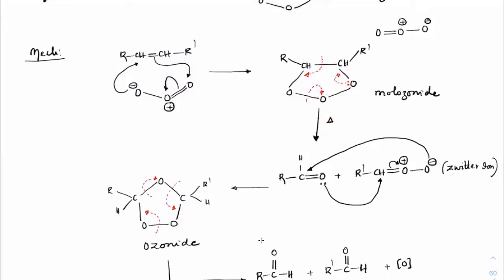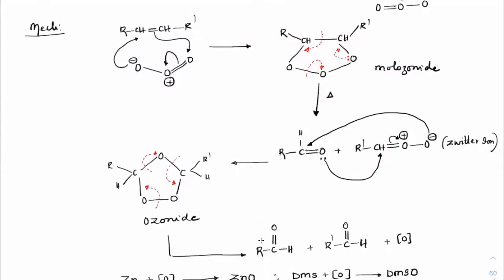Now, one very important thing that you need to note here is this breaking which I have done. I could have done the other side also, no? I only made it on this side, correct? If I make the break on the other side, I might get different products. Okay, students? If I break it this side, the zwitterion will form and aldehyde will form on this side, then the attack will take place. So I'll get multiple products here, right? Everybody understood that point, what I'm saying?